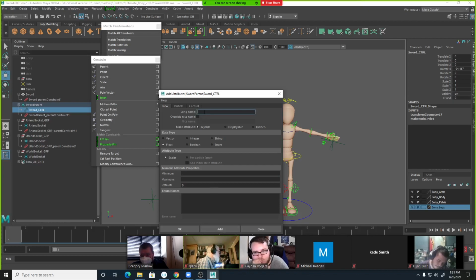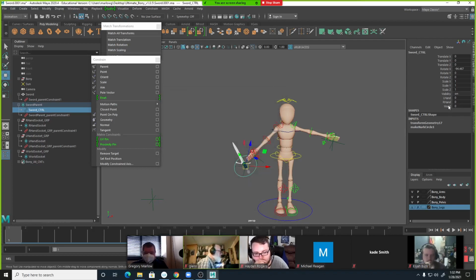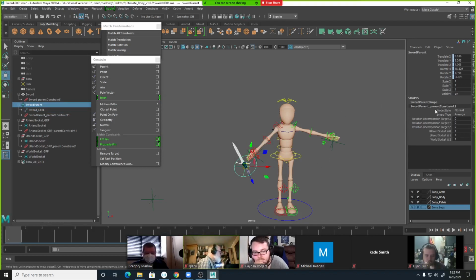Add R hand, again, 0 and 1. And world, 0 and 1. Okay. And so now we have these 3 values here that we can just hook up to these 3 constraints,